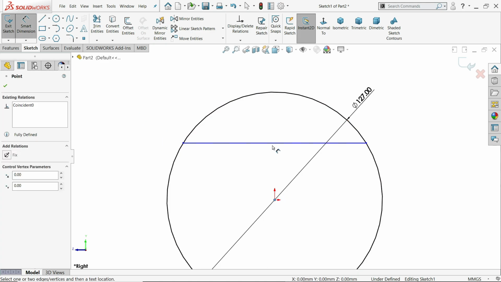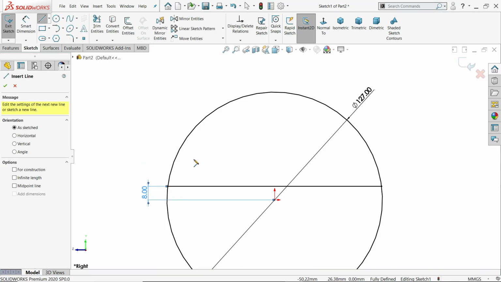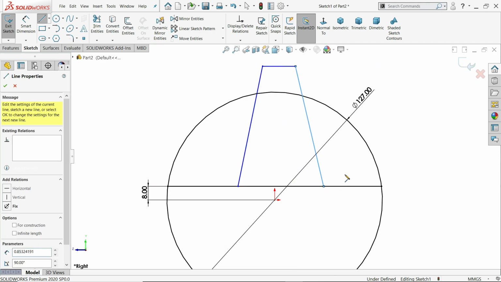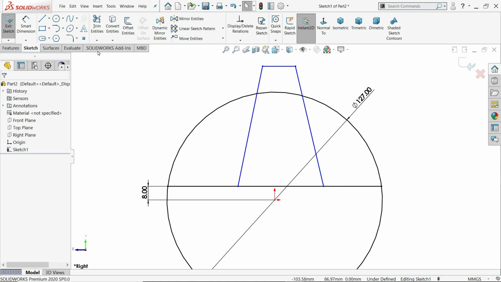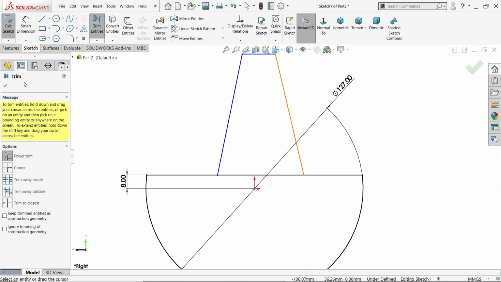The distance between these two lines is 8 millimeter. Let me choose one more line, tapered, connect. Trim entities, click here, power trim, press left mouse and drag, and see how easily it deletes.